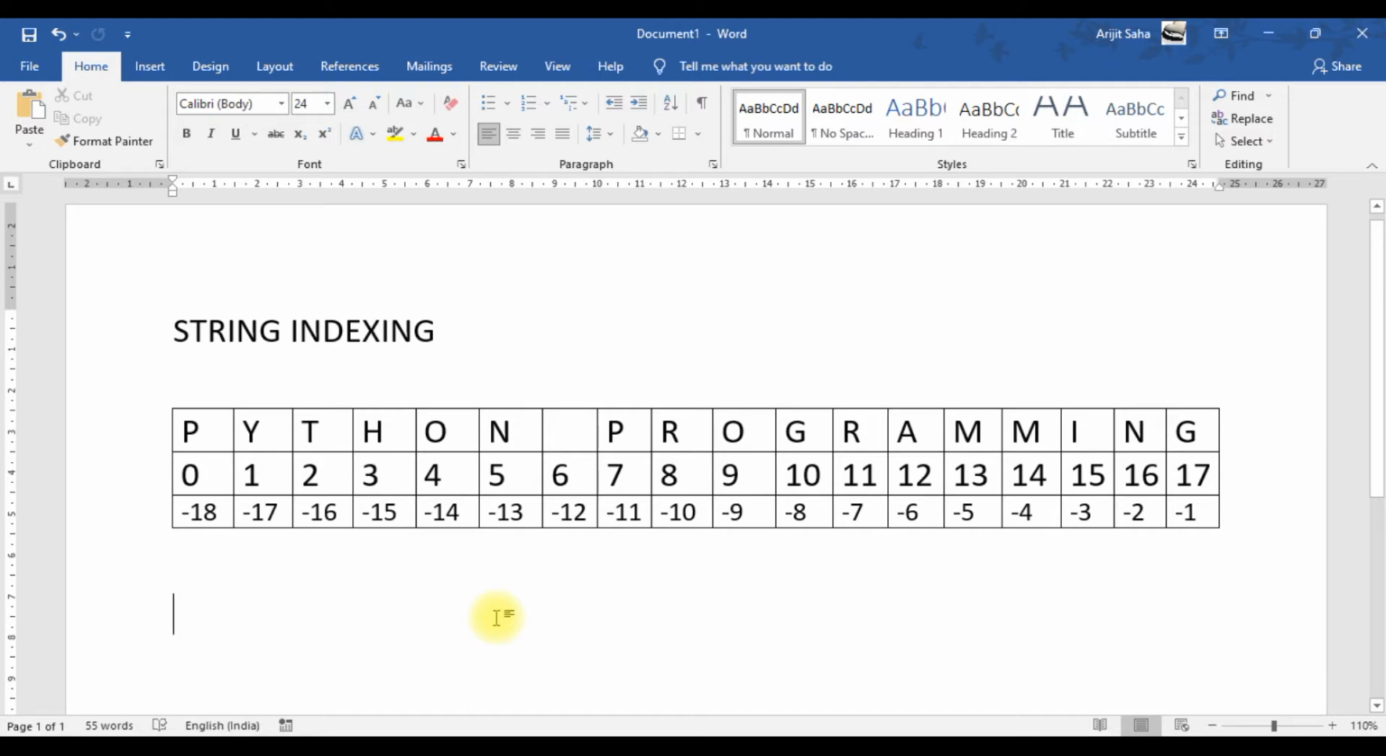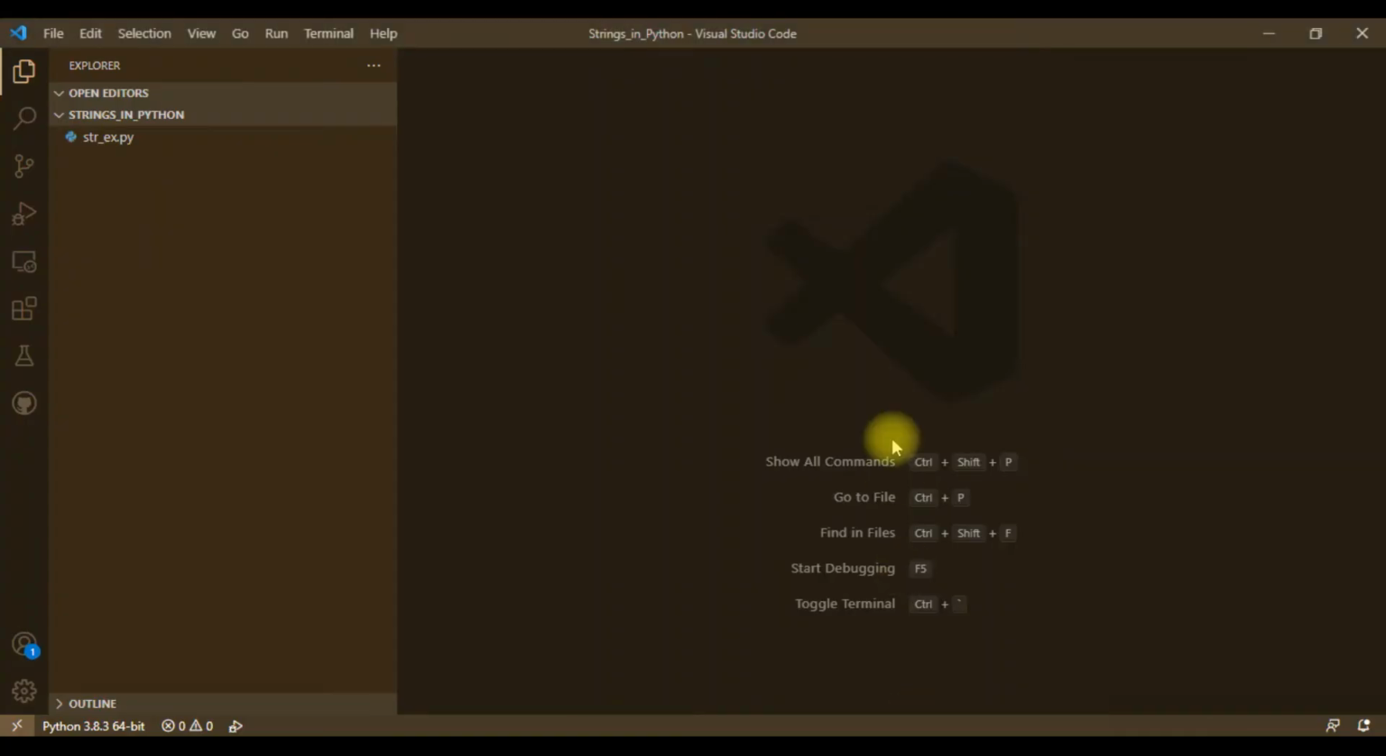Using these particular values, we can directly find out which character is there in that place. We can use the index values directly to check the values at a particular position in a given string. So let's check it out. Now let's create one more file over here. I'll name the file